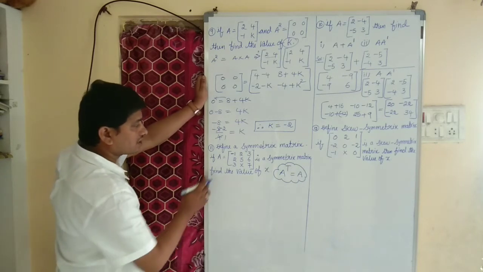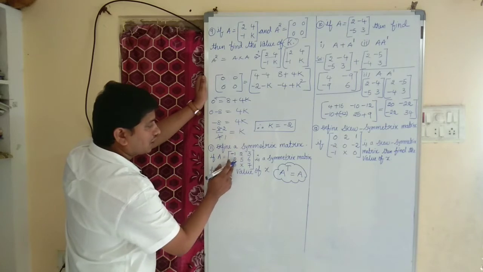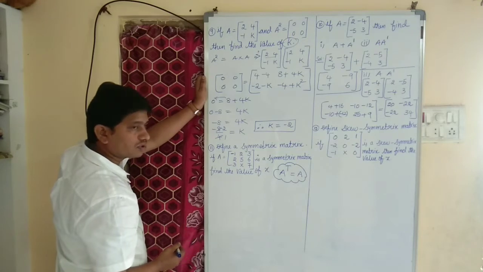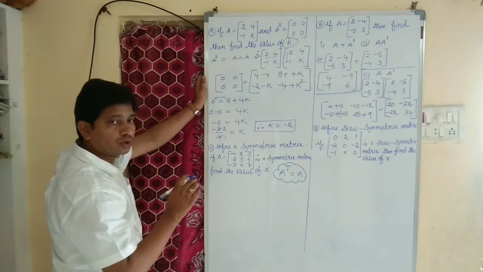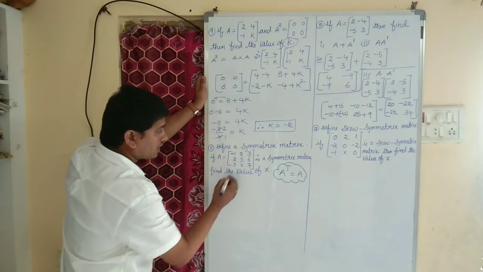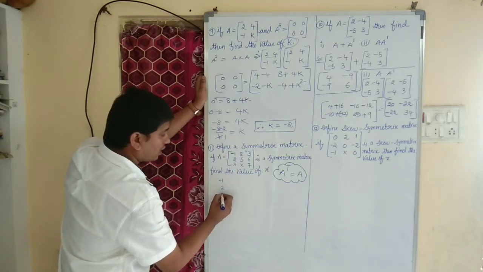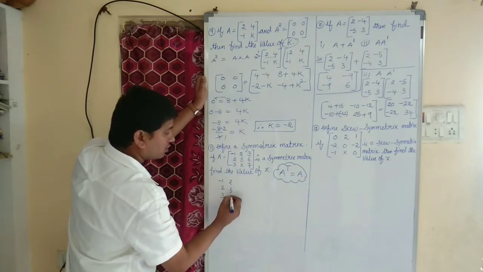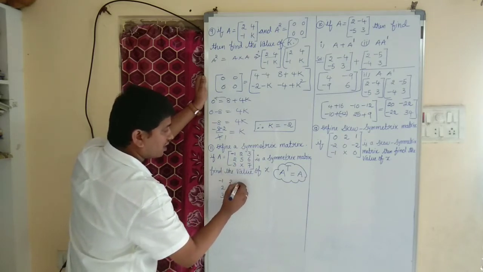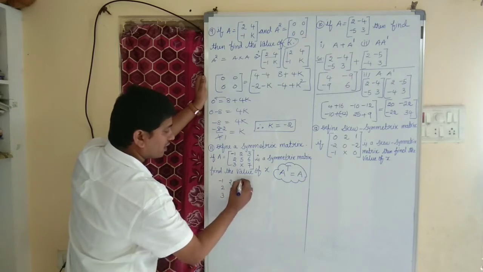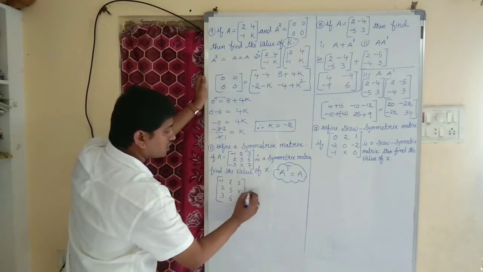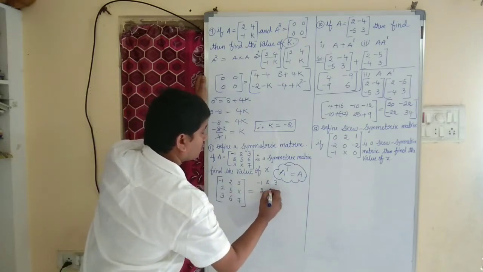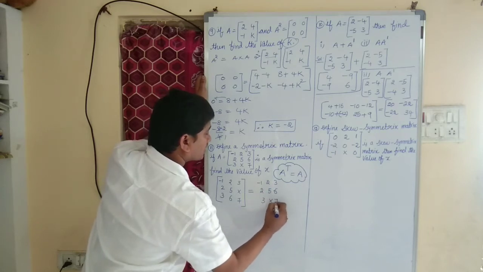Okay, the given matrix is A equal to minus 1, 2, 3; 2, 5, 6; 3, x, 7. What do you mean by A transpose? Transpose is nothing but rows will become columns. Here the first row is minus 1, 2, 3, it will become a column. The second row is 2, 5, 6, it will become a column. The third row is 3, x, 7, it will become a column. This is our A transpose equal to A. The given matrix is minus 1, 2, 3; 2, 5, 6; 3, x, 7.